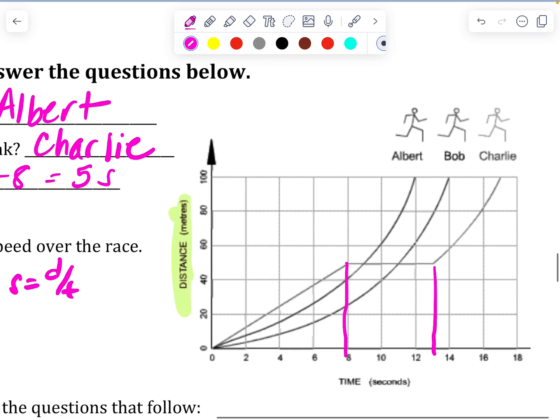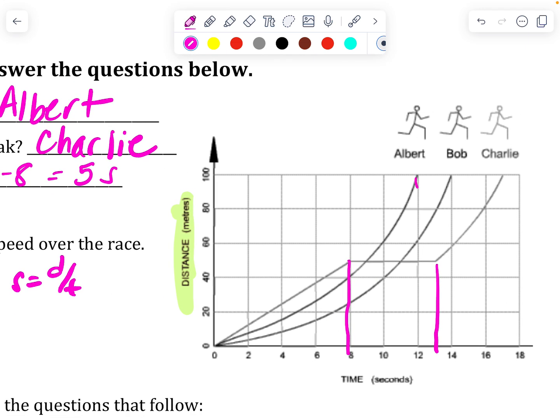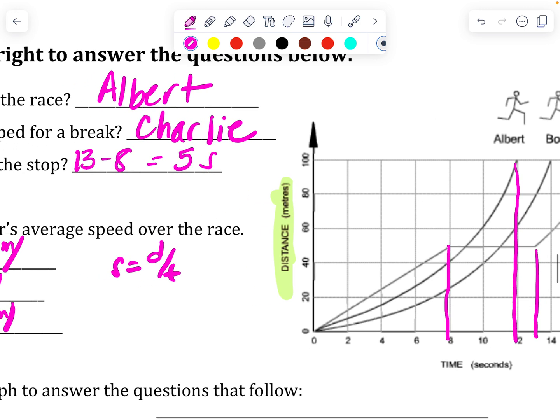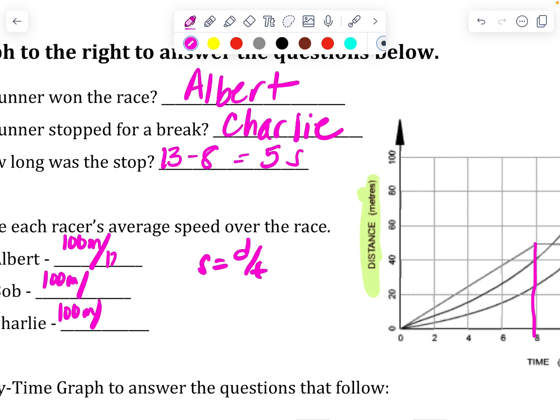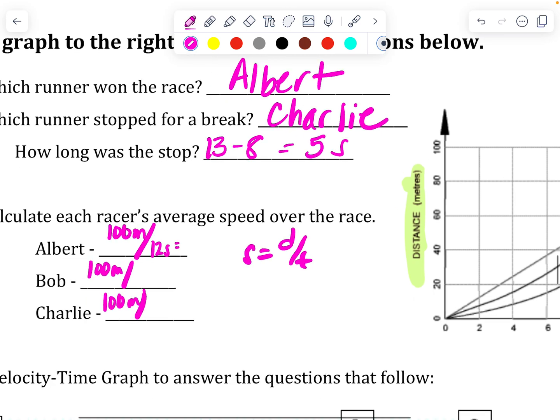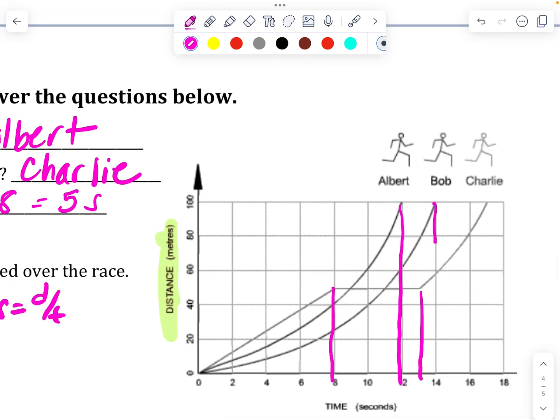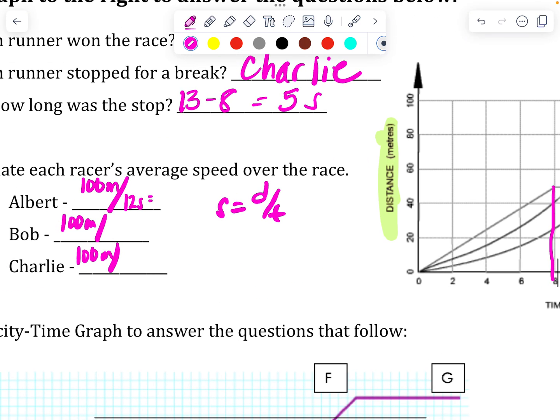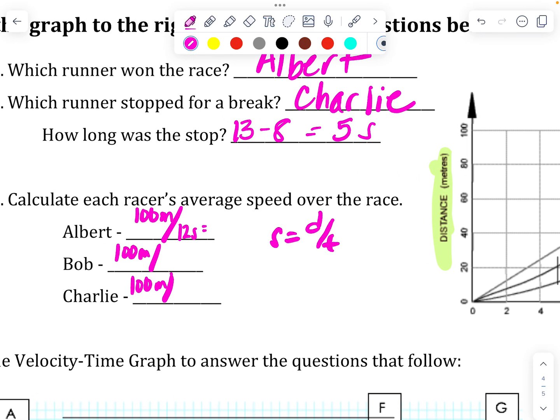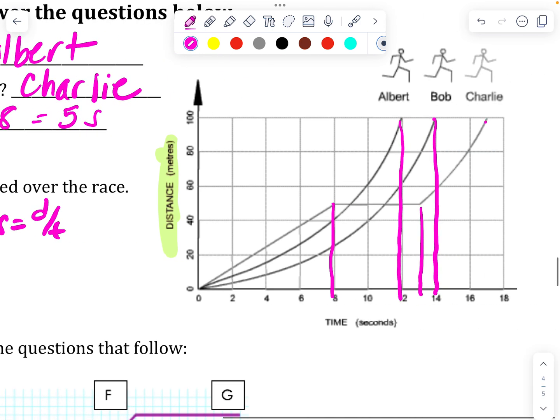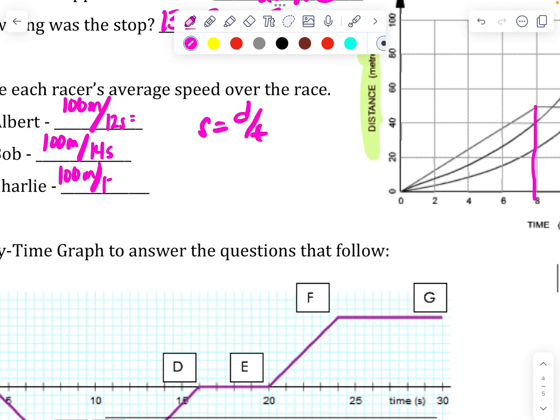So Albert, it looks like 12 seconds. It took Bob 14 seconds. And it took Charlie 17 seconds. So if you divide all those out, 100 divided by 12 is 8.3